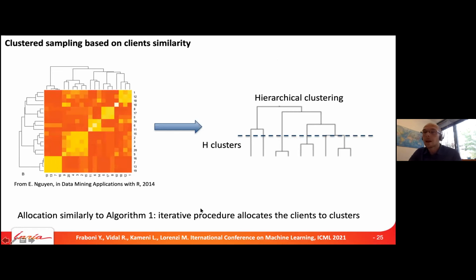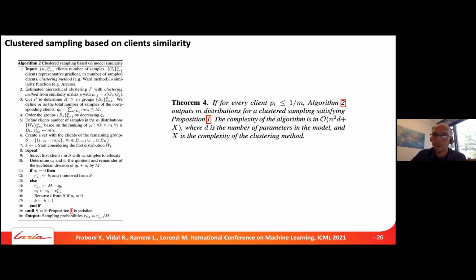Okay, so the essence of this work is just defining different ways of sampling things to improve some quality. For example, reduce the heterogeneity between the different ways we sample things. So this is the idea of this cluster sampling based on similarity that I'm showing here. It makes sense. We can also prove that if you do things this way, we obtain a matrix of coefficients which is compatible with our sufficient condition. So this is a valid sampling scheme, and it has all the nice properties. So it converges, and potentially it minimizes variance.